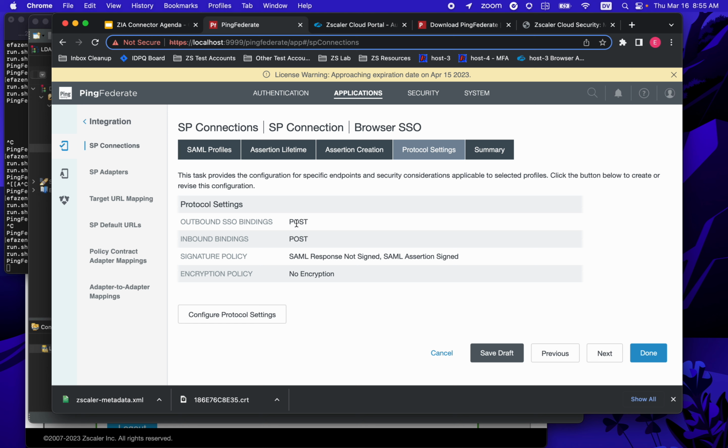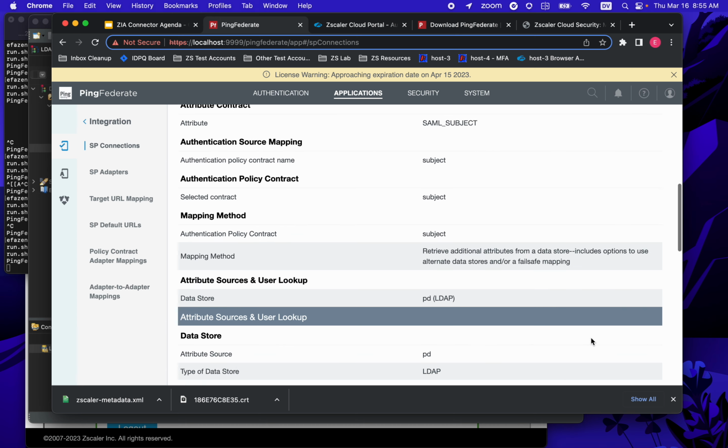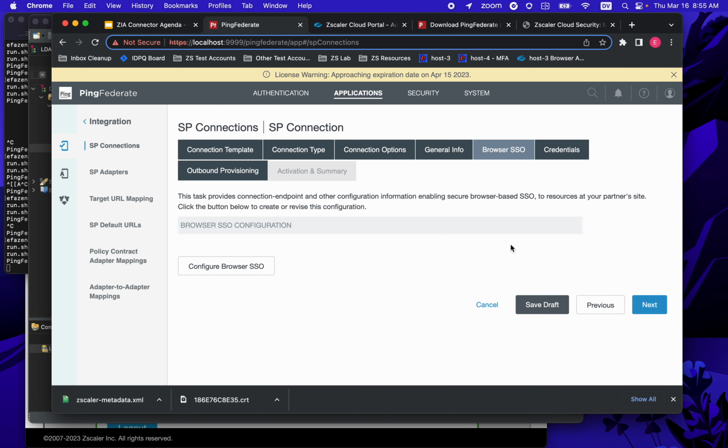Protocol settings, this is a number of SAML specific protocol level settings. Again, since we're using a quick connection template, we don't need to configure anything there. So proceed, summary screen, and now we're back up to kind of this main path where we're configuring the SP